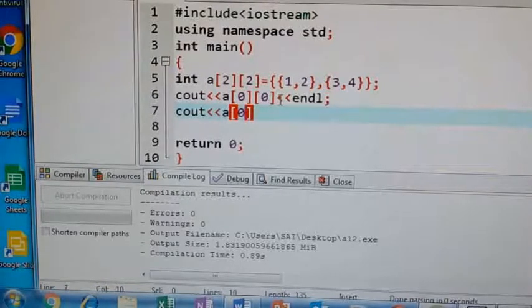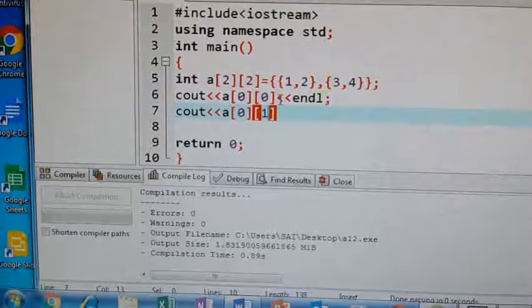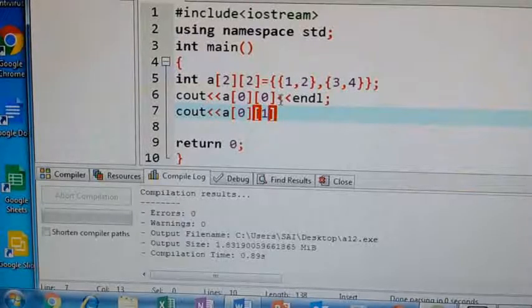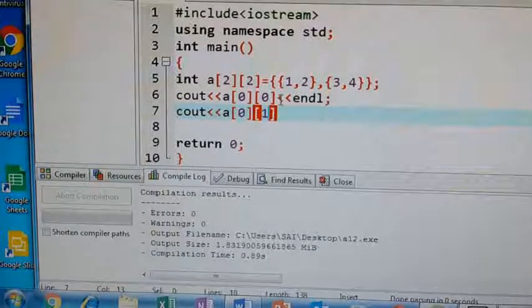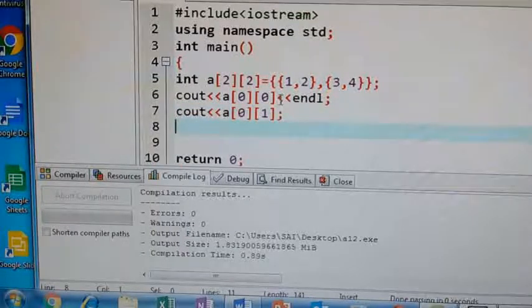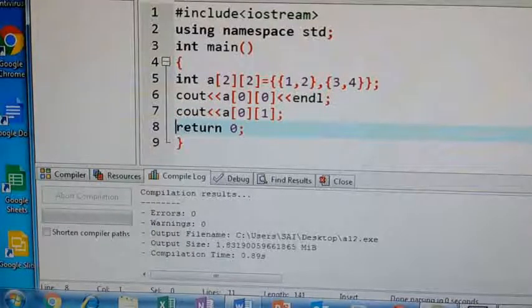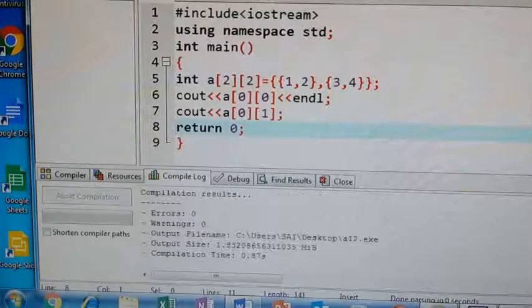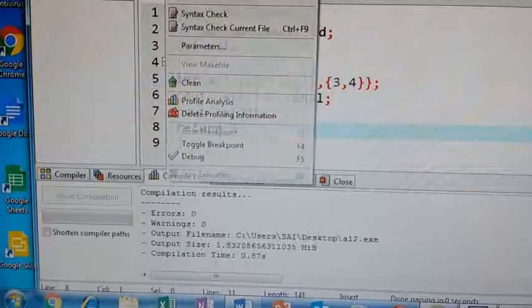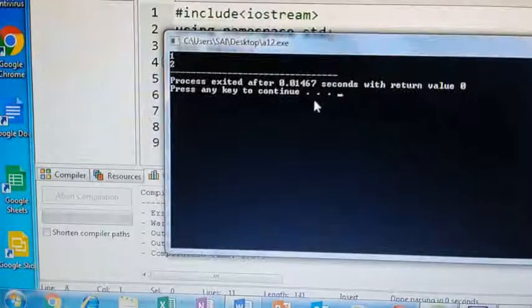It's the first row only and I want to print the second column. Column numbers also start from 0. So the row is the same, first row only, second column only. The column number is incrementing, the row is not incrementing. Save it, execute, compile. Errors 0, execute, run. See, the second element is printing.